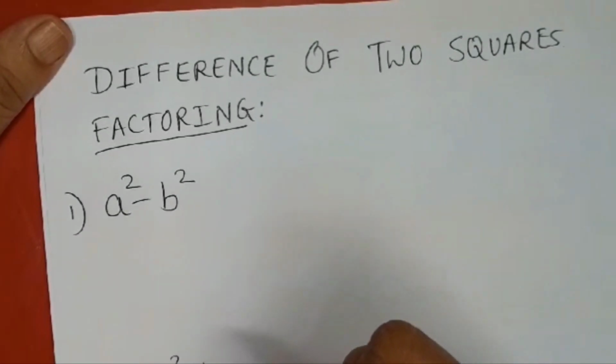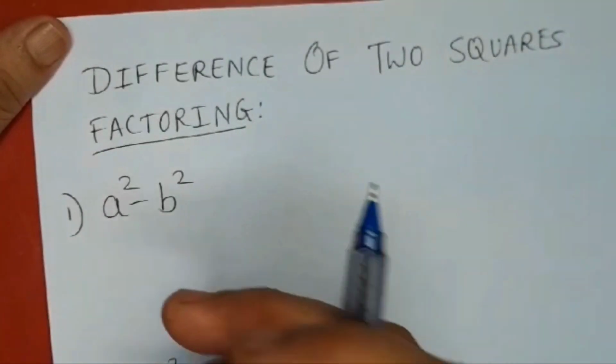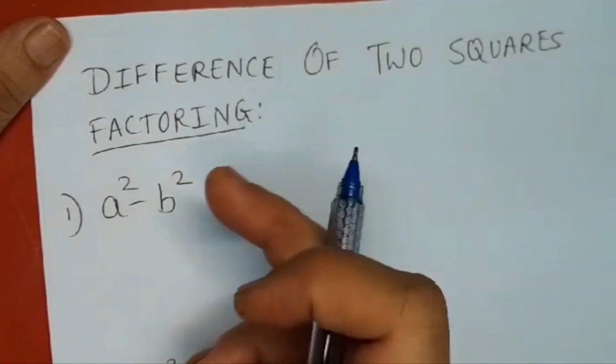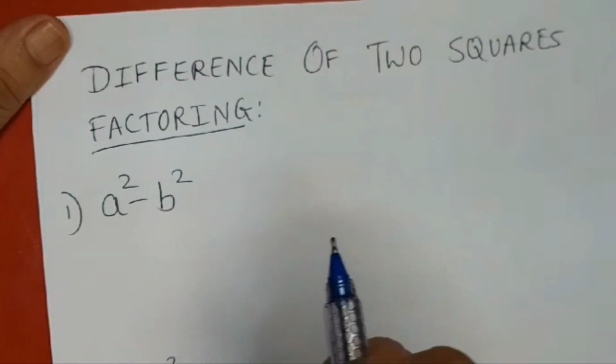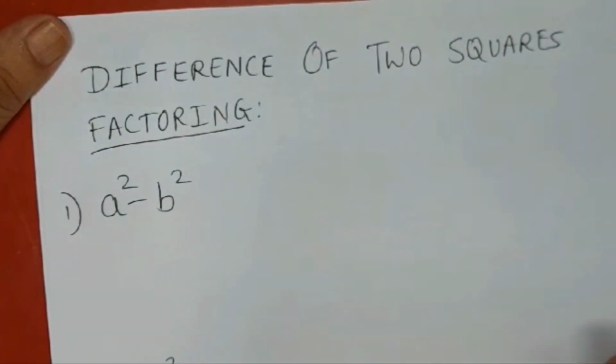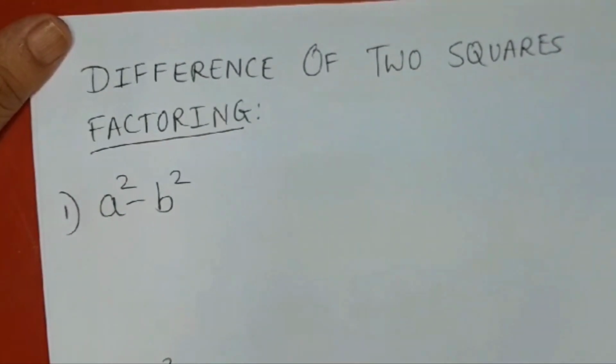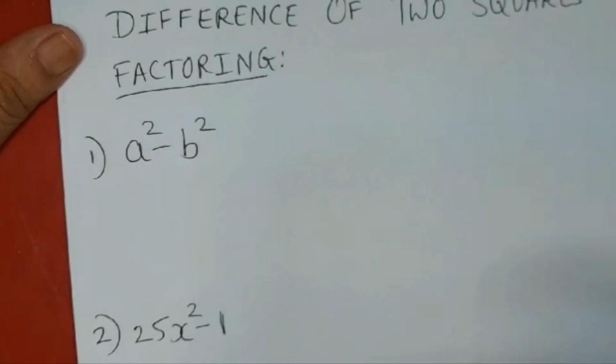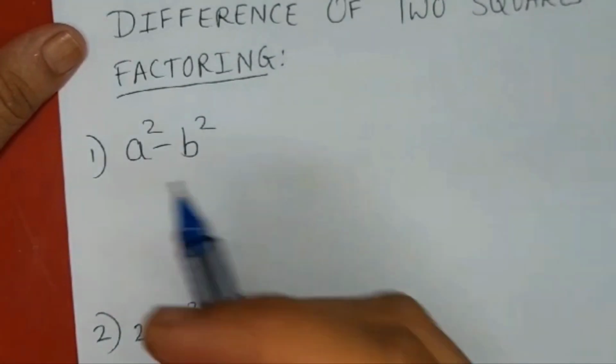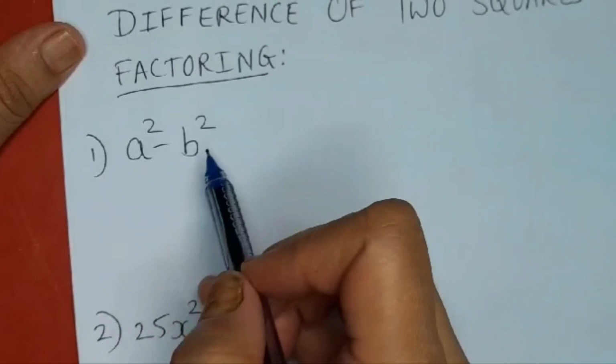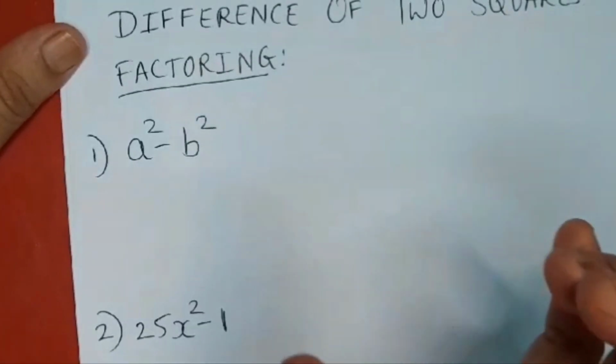In this video, we are going to focus on how to factorize a polynomial when difference of two squares are there. I have taken few examples, let us solve them. Now for factoring the polynomial where difference of two squares are there, we have to take the square root of both the terms and then we have to write in the form of